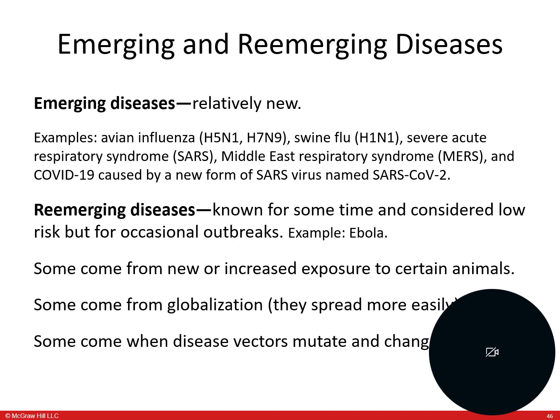Ebola is a big one, right? Anthrax, right? We were worried about Ebola and anthrax. About 10 years ago, there was a huge resurgence with that, and they are sometimes used for biological warfare. So some come from globalization, some increased exposure to certain animals, like you don't worry about getting rabies until you're bit by a squirrel or a chipmunk or something that is more common to carry that disease. But other ones come from vectors that mutate and change, like malaria, for example, right? So that can be carried by the vector of a mosquito, and depending on the person's genes that it lands within, it may successfully initiate a malaria strain.